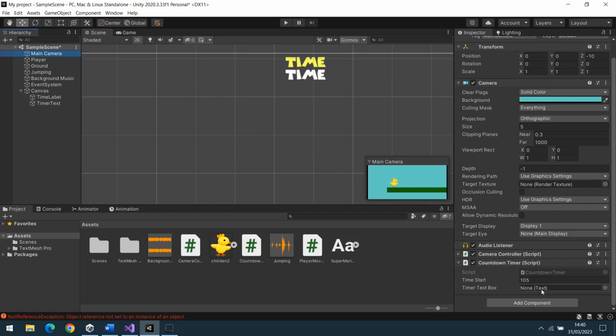Now the timer text box, what I need to do is actually grab across our timer text, which is this here, and then I need to pop it in here to say that this is the text box we're referring to. This is the text box we wanted to put 105 in. This is the text box which is going to count down as you go along. So if I press play,